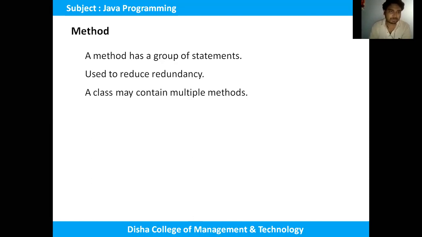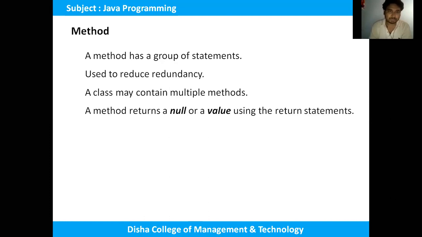So the next property of a method is that a class may contain multiple methods. That means a method must be written inside the class. It is one of the important properties of the class. Okay, so a method can return a value or return void. A method can also return a value using the return statement.